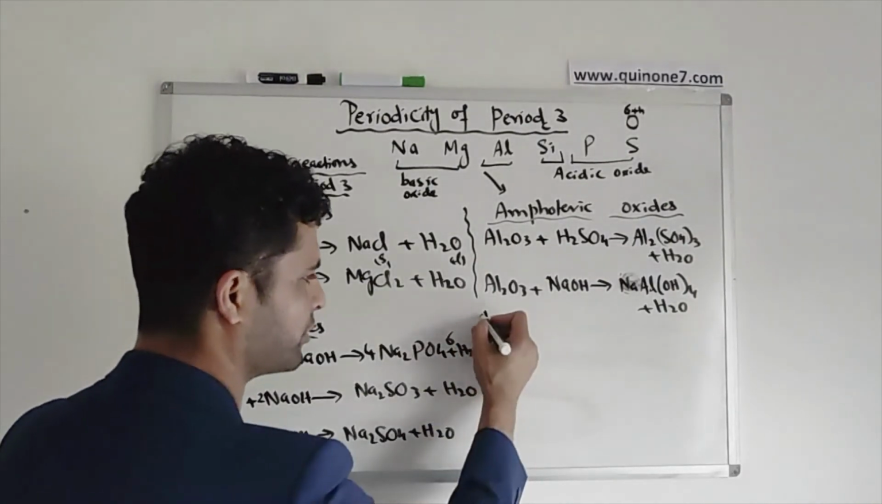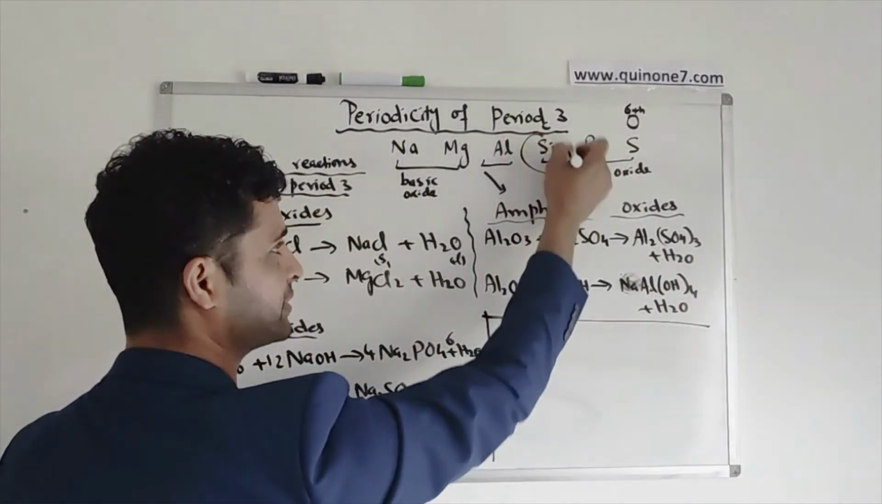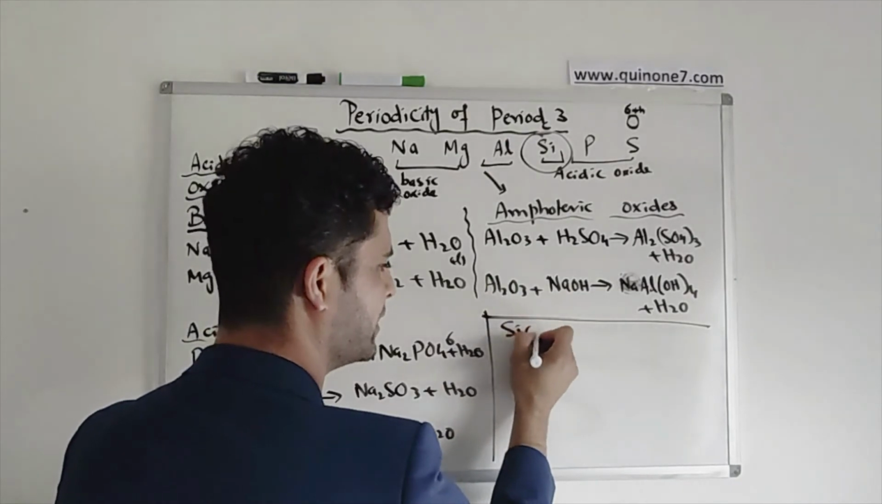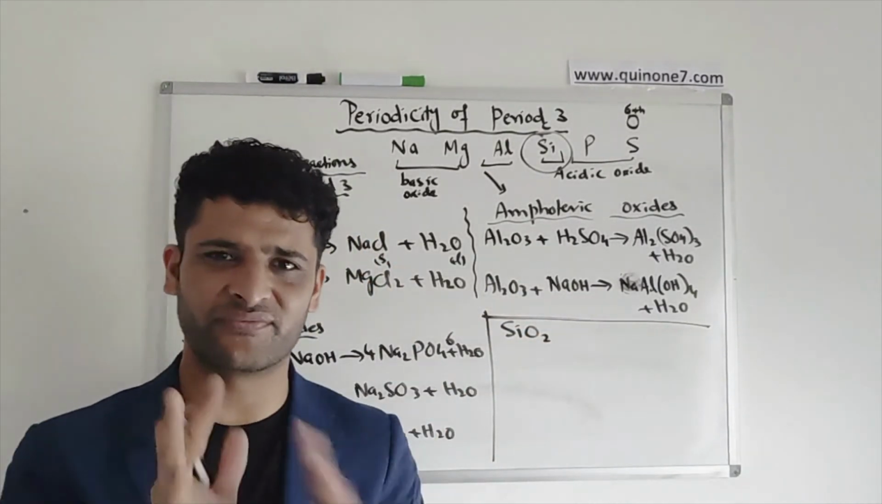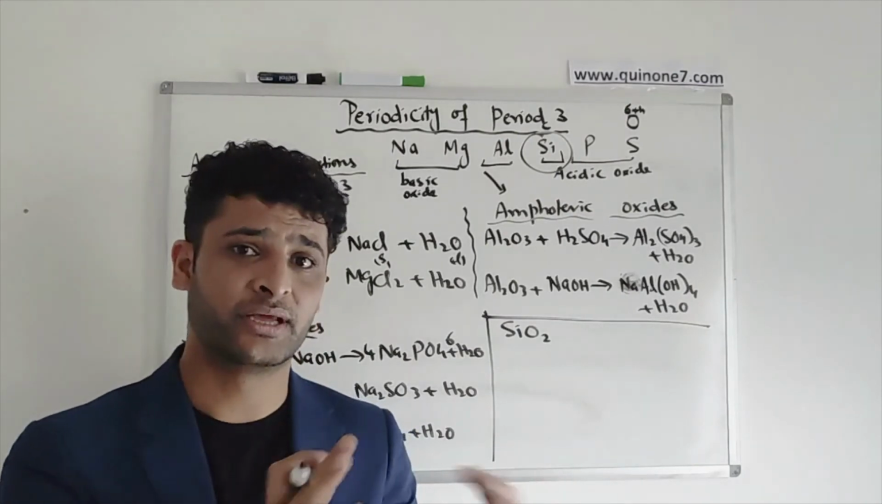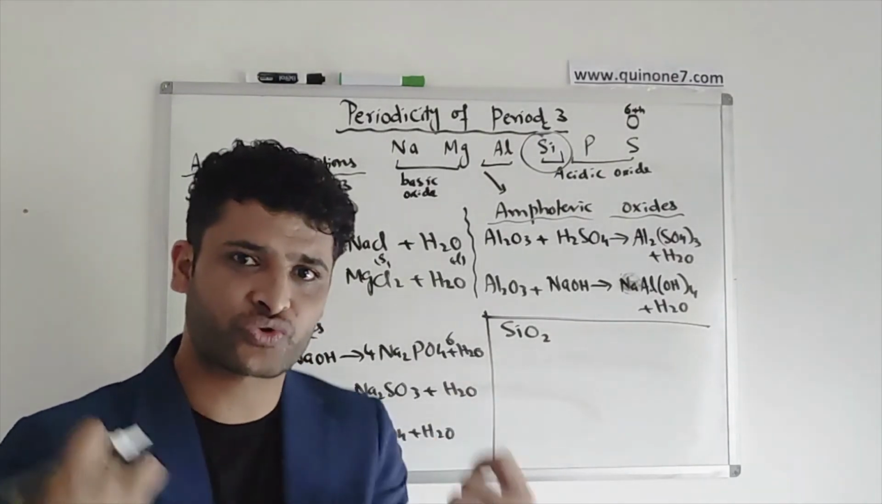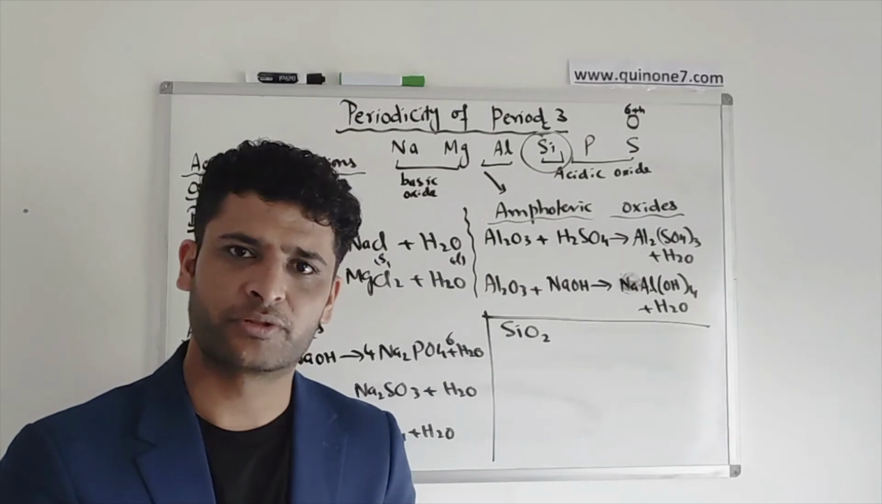Let's talk about the last one. The last one is silica. I left it purposely. Silicon dioxide has a giant macromolecular structure. So with a weak alkali or water, the structure restricts it from reacting with water or the